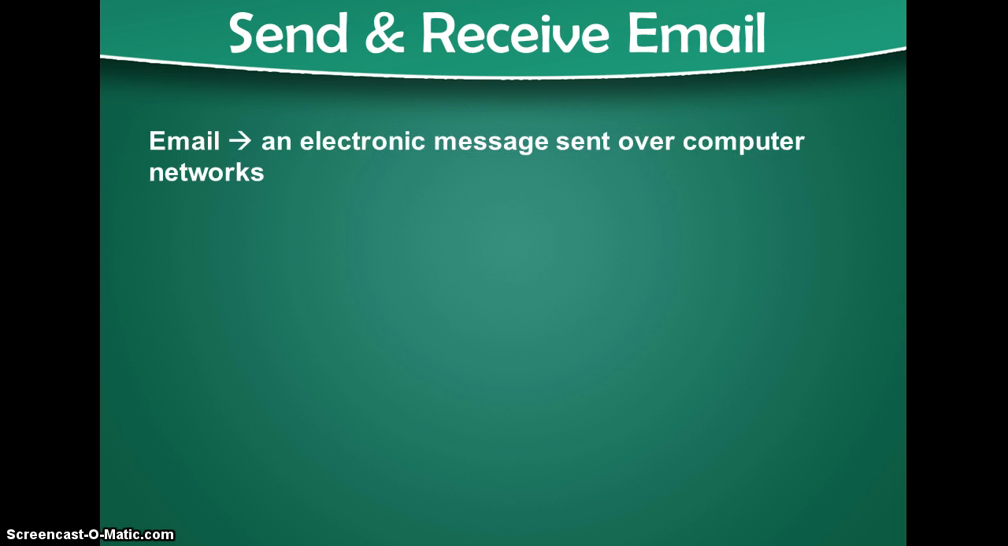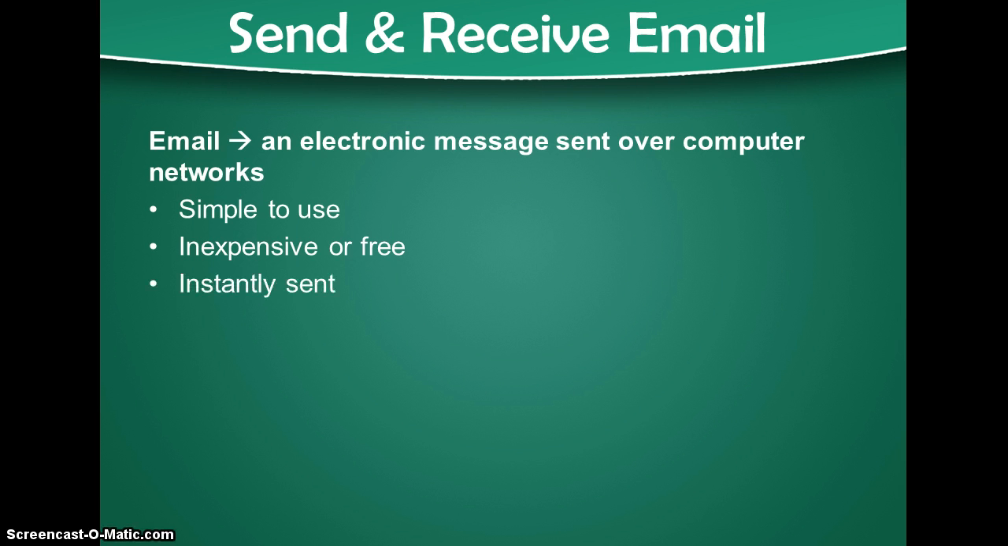All right, so in lesson 3 of section 5, we focus more on the proper etiquette of sending an email. Again, an email is an electronic message sent over computer networks. Lots of benefits to email. It's simple to use. It's free nowadays, unless there are some more specifically developed programs that might have a fee. Messages are instantly sent,